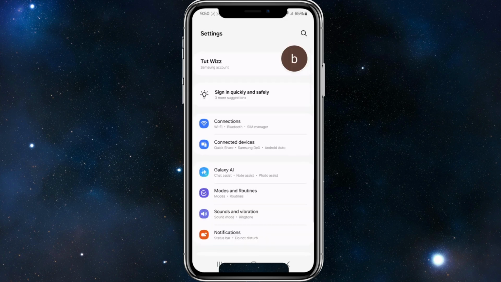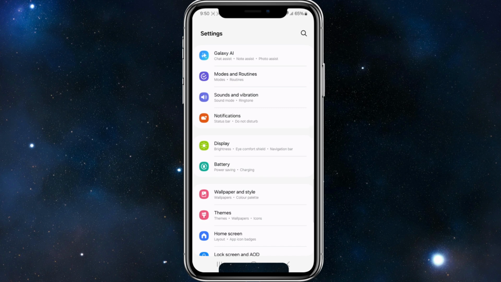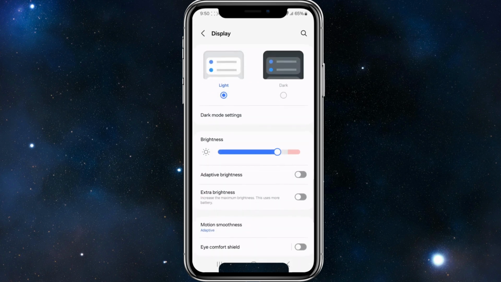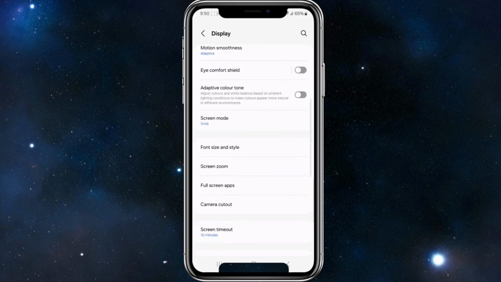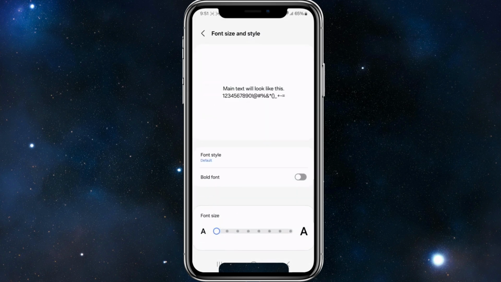click into our settings app. Once we're inside settings, navigate lower and find display. Once you've found it, click onto display and again scroll down lower and look for font size and style. Click into it, and at the bottom of the page here of font size and style, you will see a